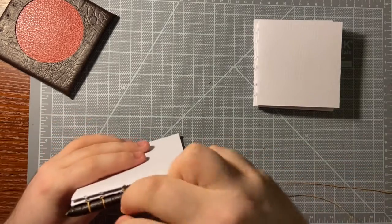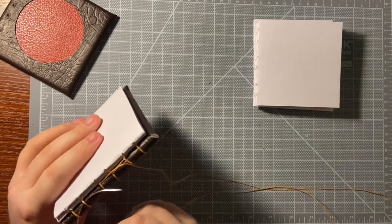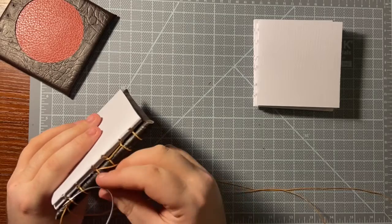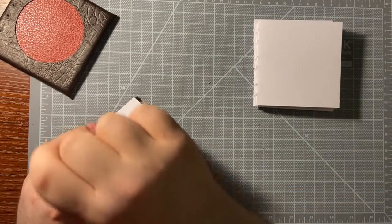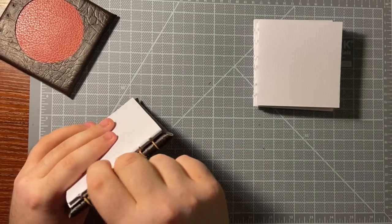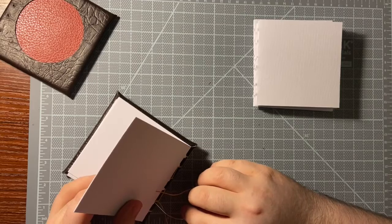And I'll be doing the same. I'm going under across to the next stitch instead of going back through regularly. So I've got it like that. I go through,